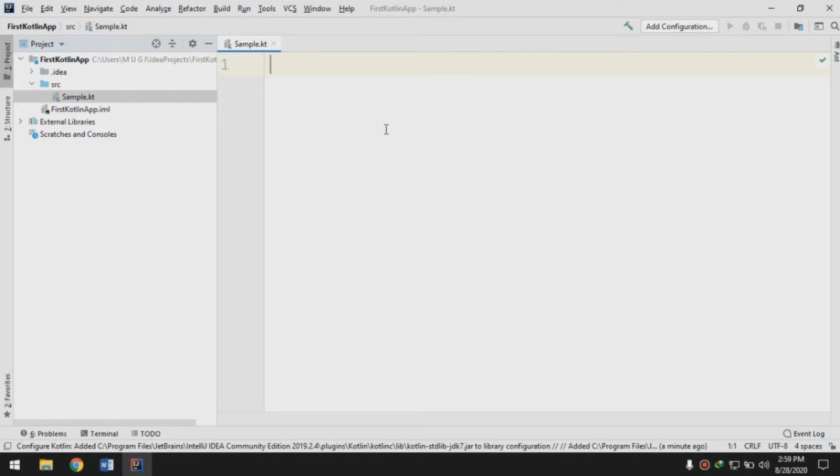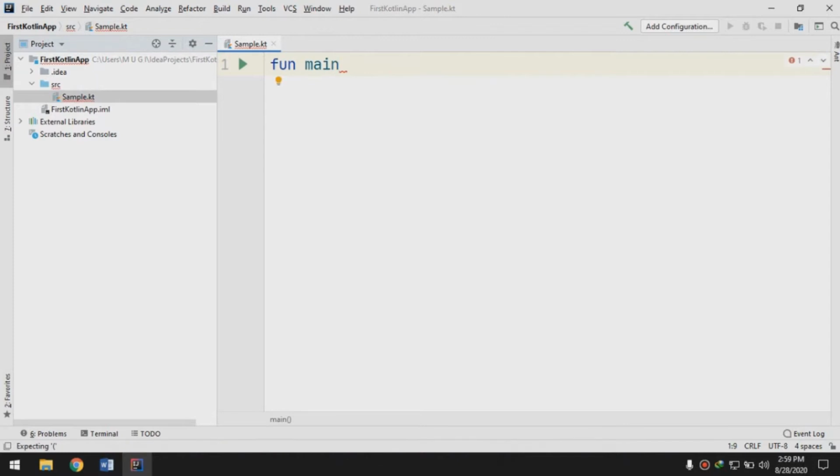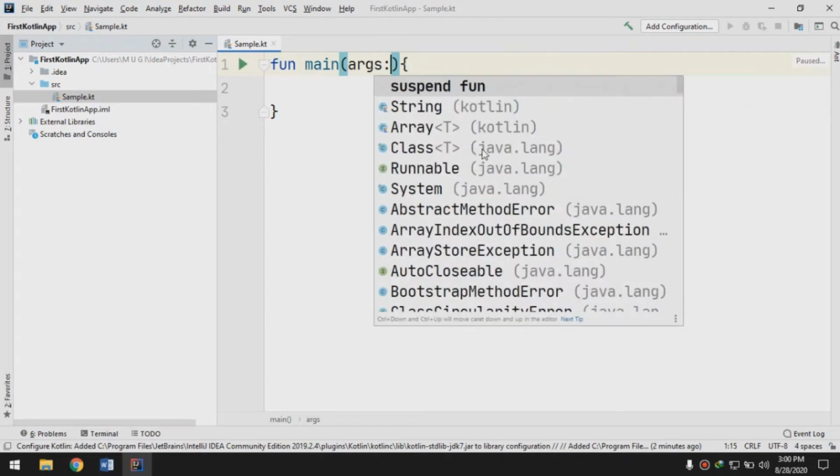Just write the word fun, and then main, and then open and close parenthesis, and then the brackets. After writing this code, we're going to pass a few parameters in our main function. We're going to pass the args here, colon,